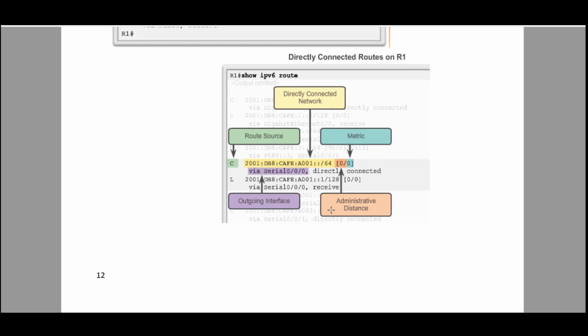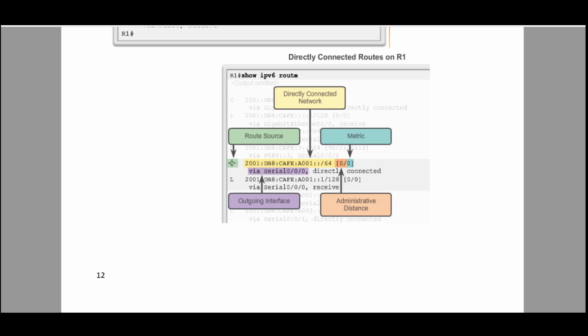And the first 0, this is called the route administrative distance value. The concept is the same. The next one is called the metric. Then the outgoing interface, the exit interface. Only this is the change. Only the IP address is changed. The remaining thing is the same format.